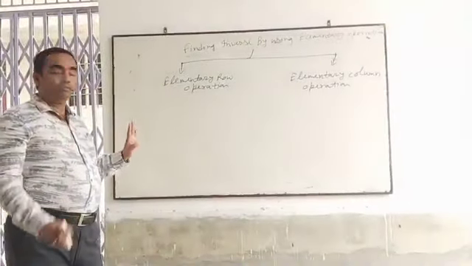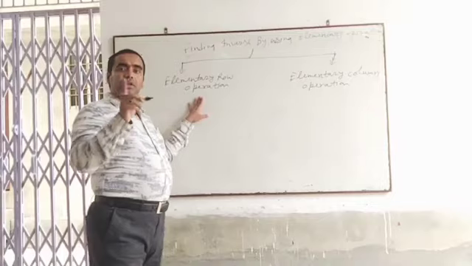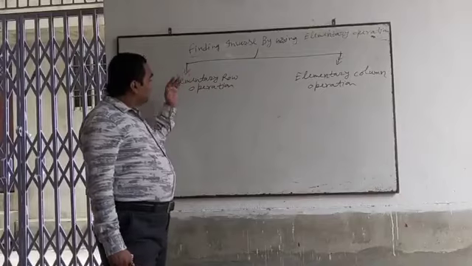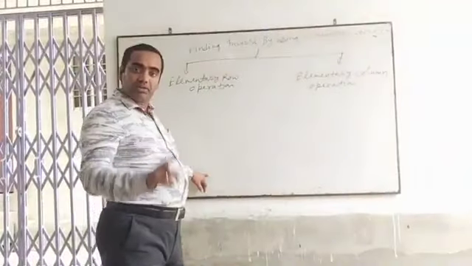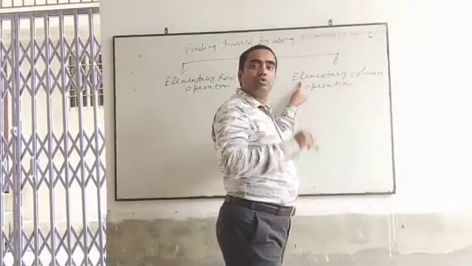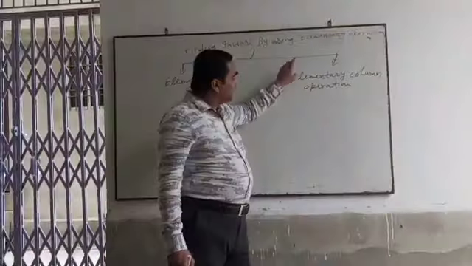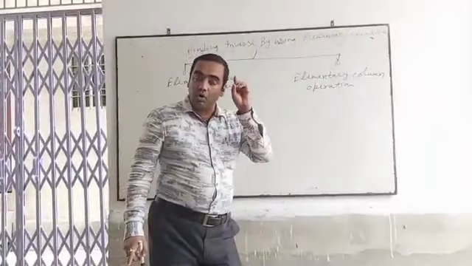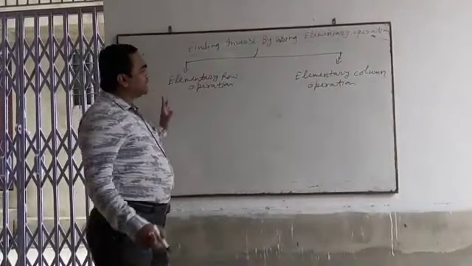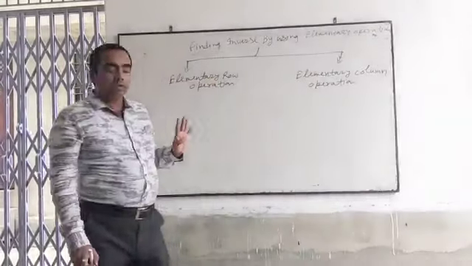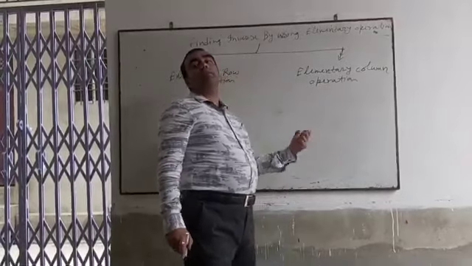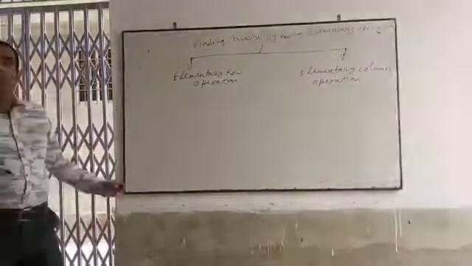Again I am telling you, if you want to use row operation, or if it is given in the question to use row operation, then from beginning to last you are going to use only row operation. If you are going to use column operation, or it is given in your question to use column operation, then from beginning to last you are going to use only column operation. Okay, we have already seen the same type of operations, and the same things we are going to use in column operation.